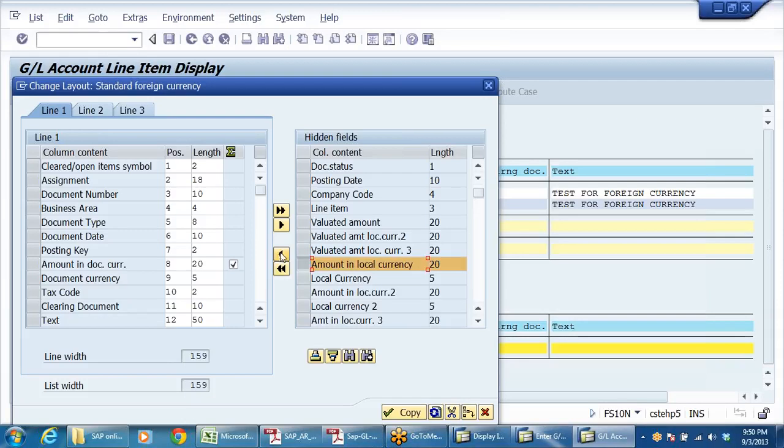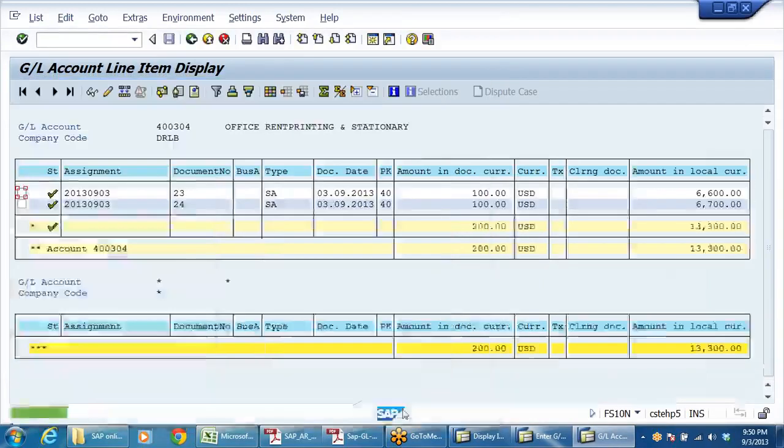Select this, push towards this side, and text, I don't want this, push towards this side, right? Copy. Now see, it is showing INR. This is USD. Here this is 66, this is 67.